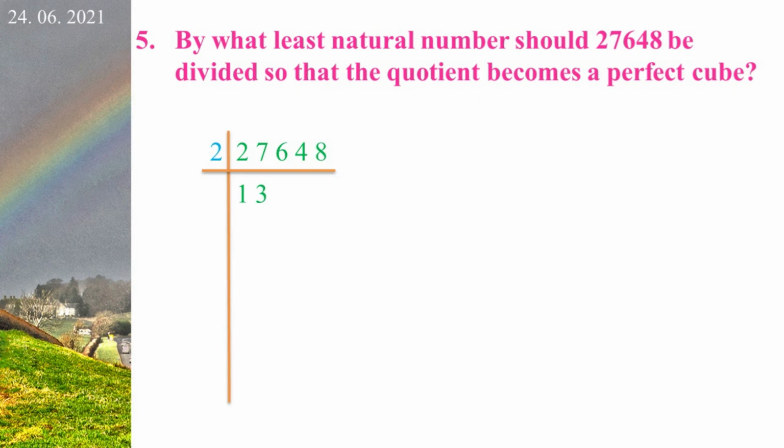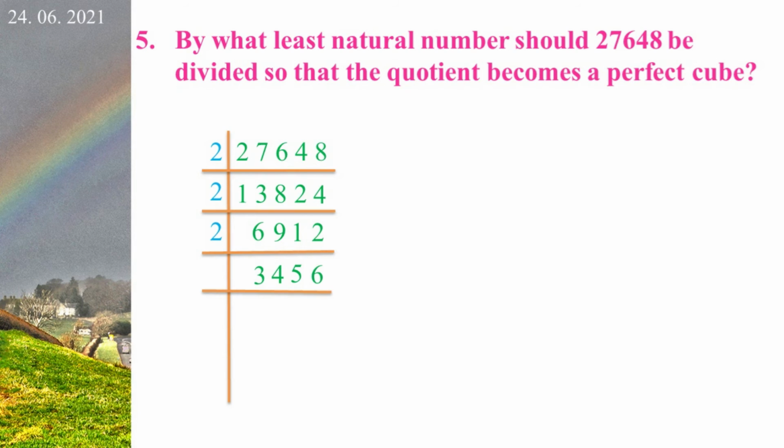1 2 is 2. 3 2s are 6. Balance 1. 16. 8 2s are 16. 2 2s are 4. 4 2s are 8. Again we can take a 2. 6 2s are 12. Balance 1. Next digit 8. 18. 9 2s are 18. 1 2 is 2. 2 2s are 4. Again we take a 2. 3 2s are 6. 4 2s are 8. Balance 1. Next digit 1. We take 11. 5 2s are 10. Balance 1. Next digit 2. 12. 6 2s are 12.